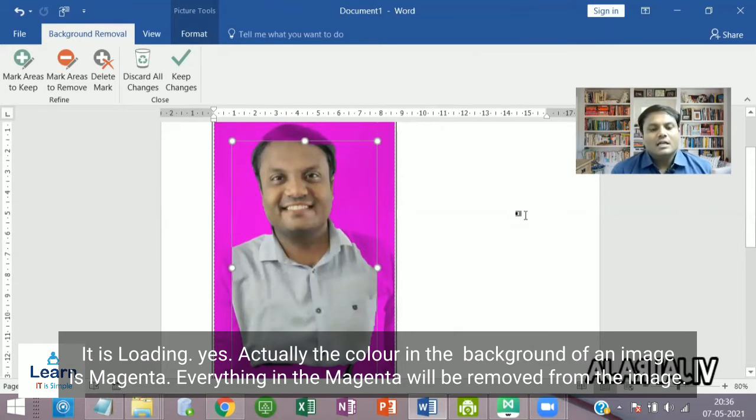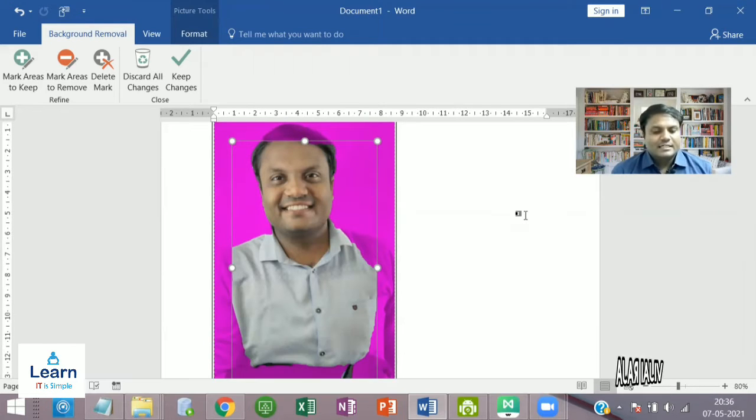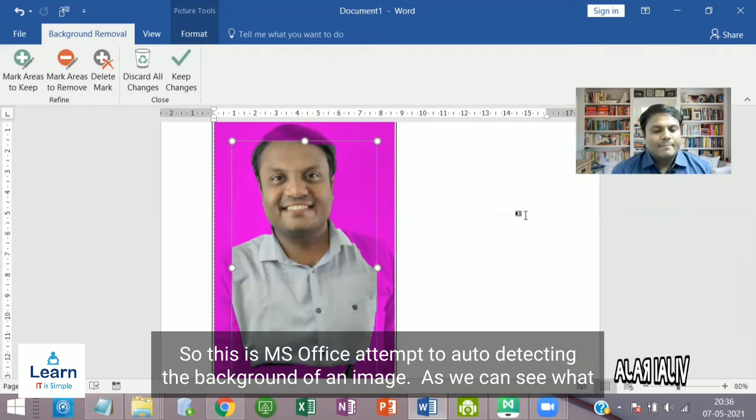Actually, Word colors the background of the image in magenta. Everything in magenta will be removed from the image. So this is MS Office's attempt at auto-detecting the background of an image.